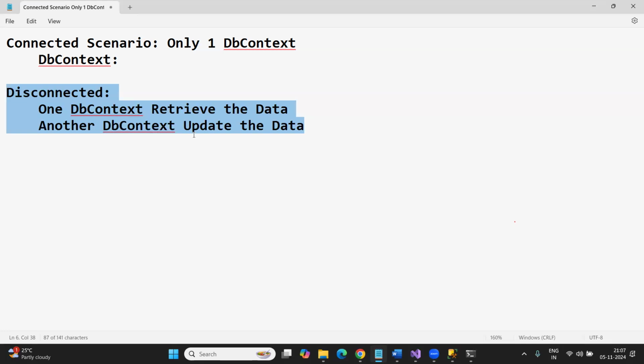That means one DbContext is used to retrieve the data from the database. Now, the client does some modification, and then the client sends that modified data back to our server. And now our server is going to use another DbContext to update the data. So this scenario is nothing but your disconnected scenario. But if the same DbContext is responsible for retrieving the data,